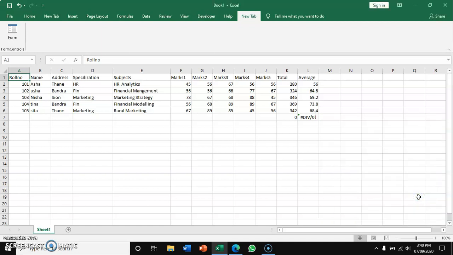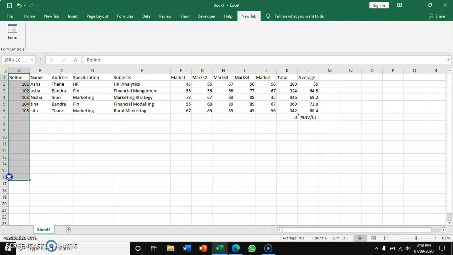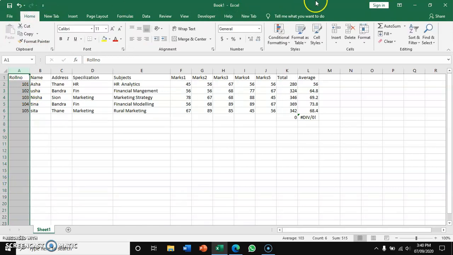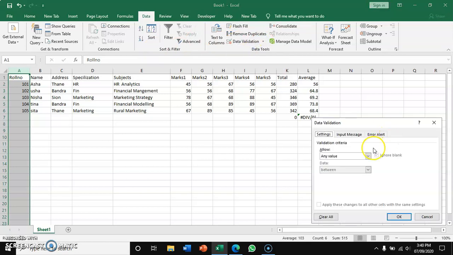Now supposing you want to add some data validation to the form. I may be creating a form with this much size, or maybe I'll be entering the roll number till here. So you can just simply select this, and go to Data. In Data you can say Data Validation, Whole Number.